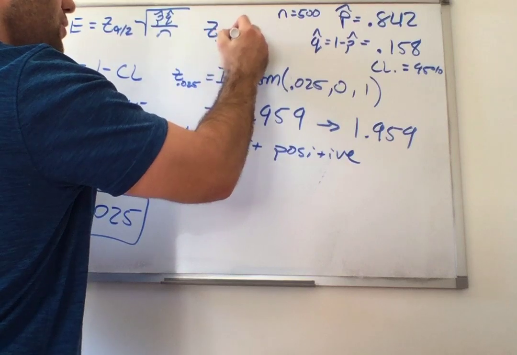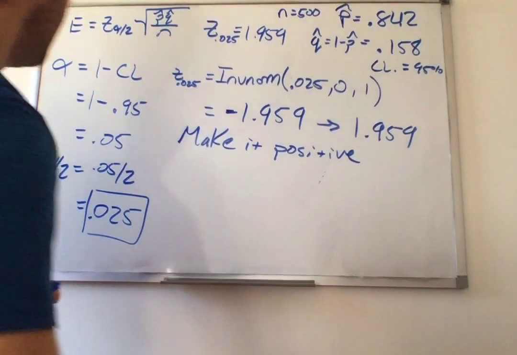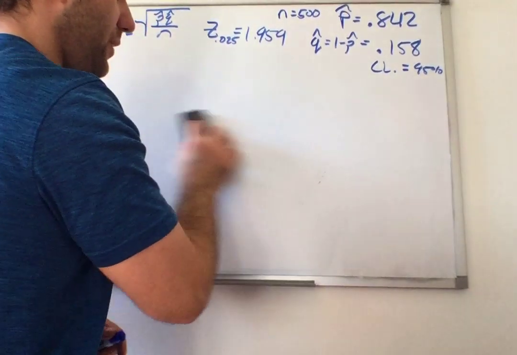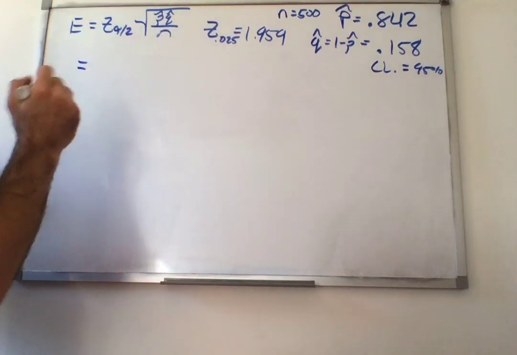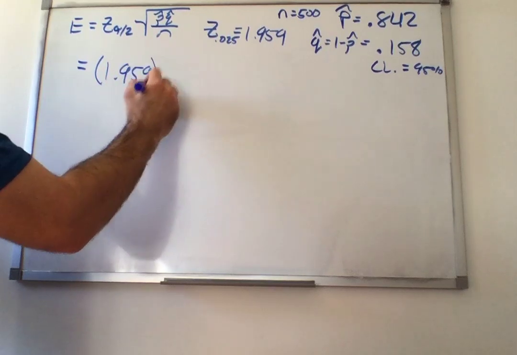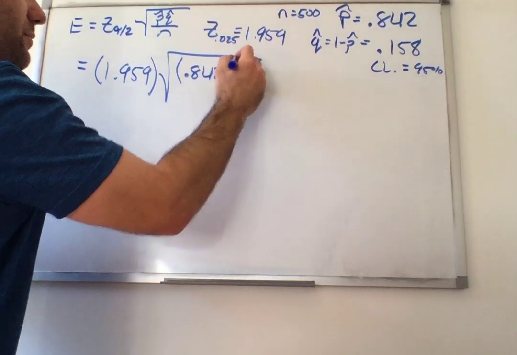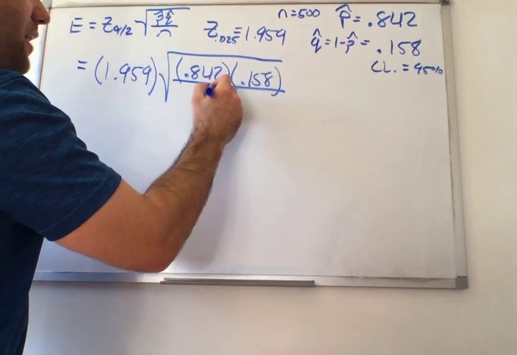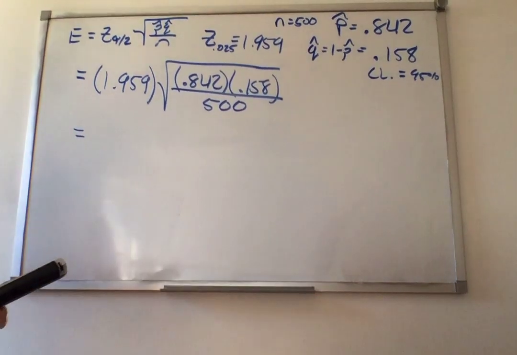Z of 0.025 is equal to 1.959. So we have all of the information we need to compute the error. The error is equal to our Z of alpha over 2, which is 1.959, times the square root of P hat, 0.842, times Q hat, 0.158, all divided by N, which is 500. So you could just input this straight onto the calculator,